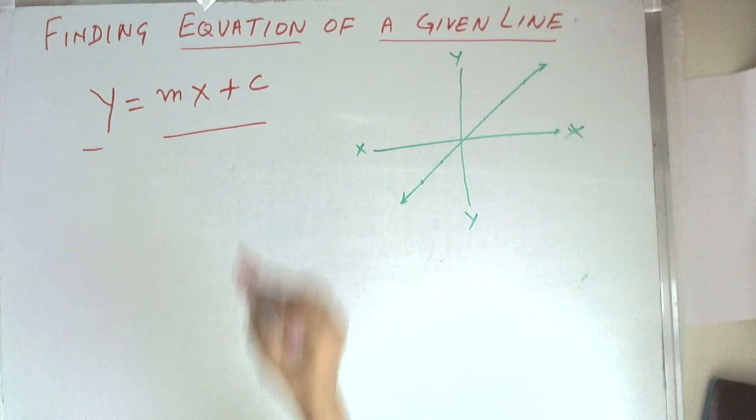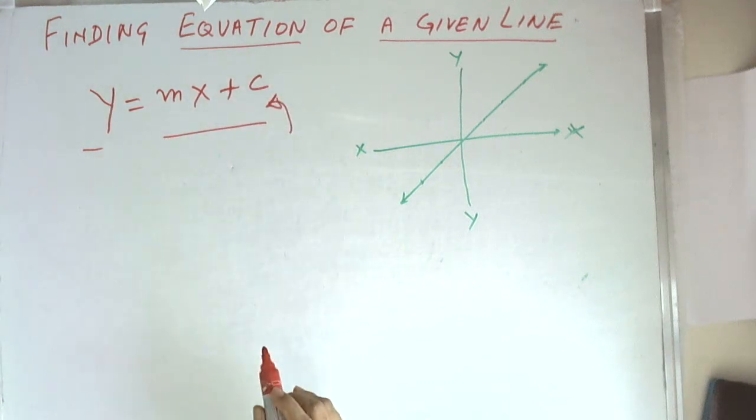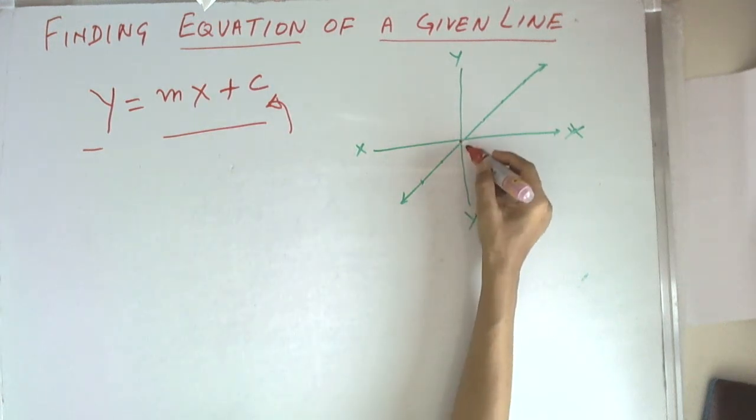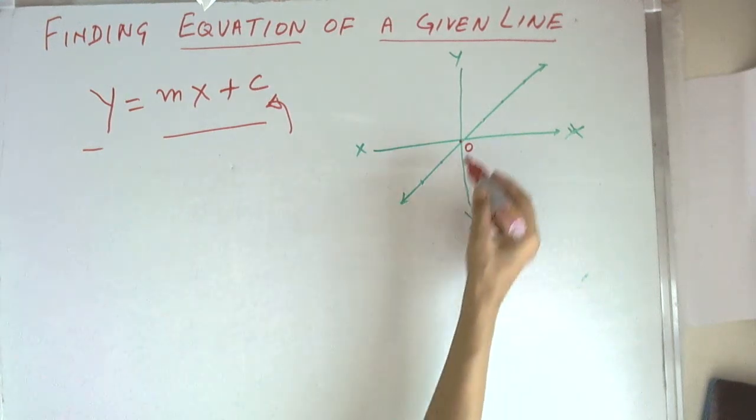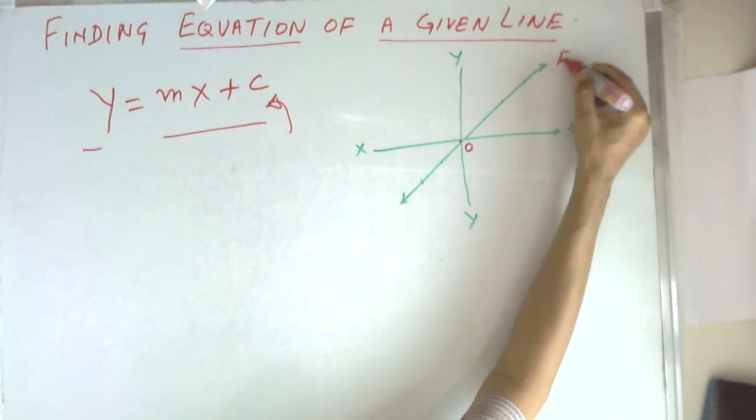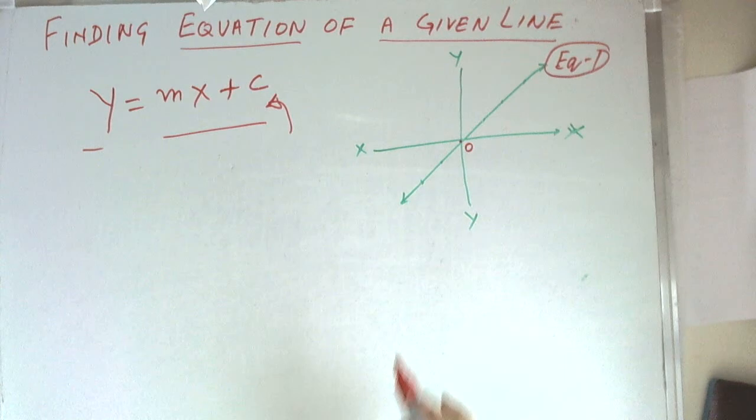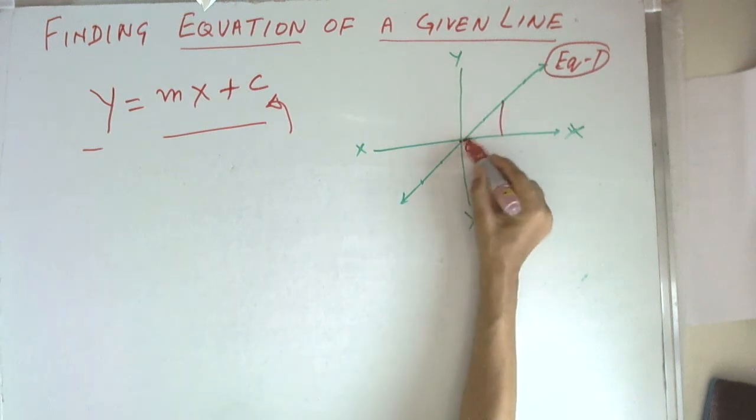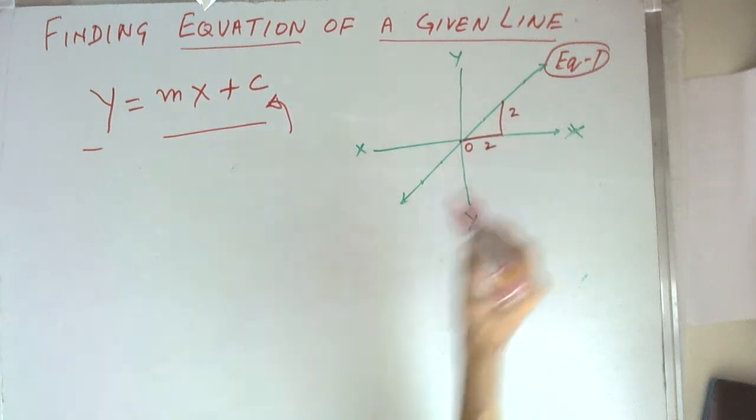And first of all, let us handle this c. C is the constant. C is the numerical value in the equation, which is the constant. And for any line passing through the origin, C is 0. So any line like this is equation 1. For this equation, because it is passing through the origin, C is 0. And M is that we should take the ratio of this. So if this is 2 units and this is 2 units, so M is